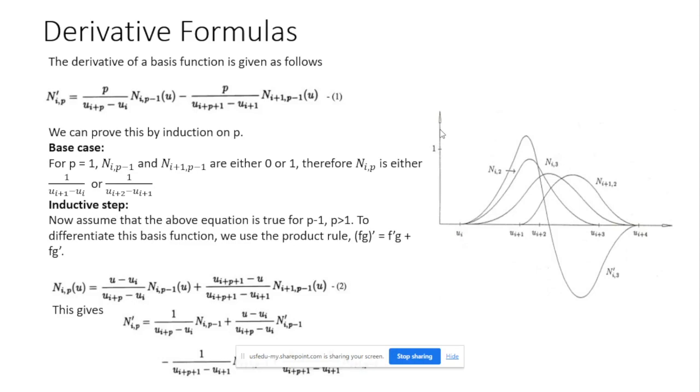So in the mathematical induction, we take the base case for p equals 1. N_i,p-1 and N_i+1,p-1 are either 0 or 1. Therefore N'_i,p is either 1 by (u_i+1 minus u_i), or 1 by (u_i+2 minus u_i+1). Going to the inductive step, now assume that the above equation is true for p minus 1, where p is greater than 1. To differentiate this basis function, we use the product rule